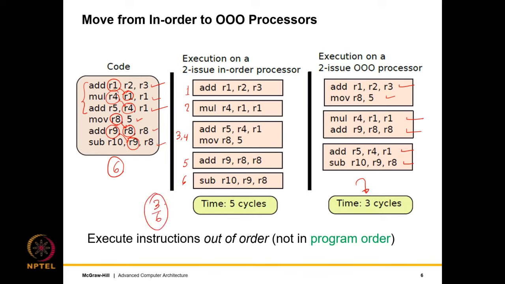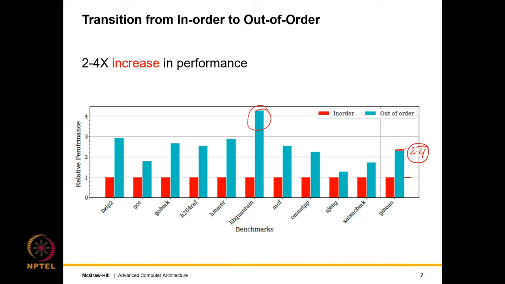Now if we compare in-order and out-of-order execution, you will see that the performance numbers are much, much higher. They're not limited to the 20 to 50% range. Instead, if this is 1, the average performance gain is 2.4, so 2.4 times, which is quite substantial. For some benchmarks, it's even more than that. So there is a massive performance gain, something that is not seen otherwise. And the reason is that the modern out-of-order processor has many tricks that an in-order